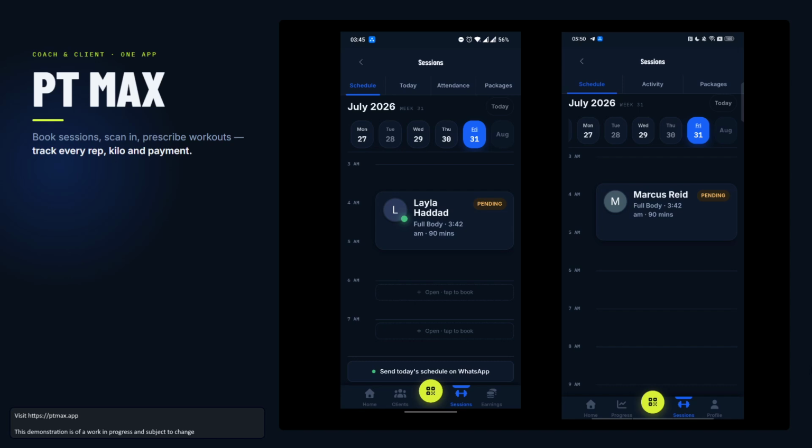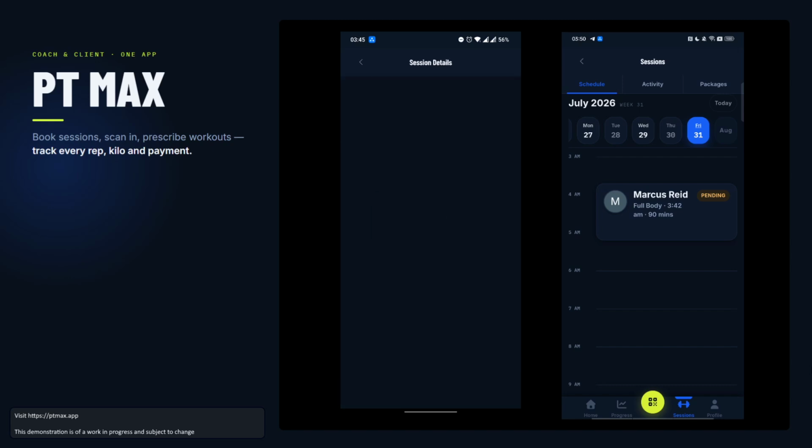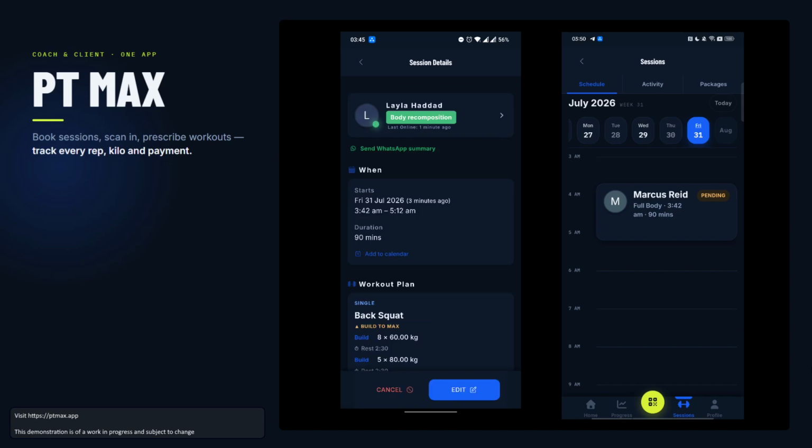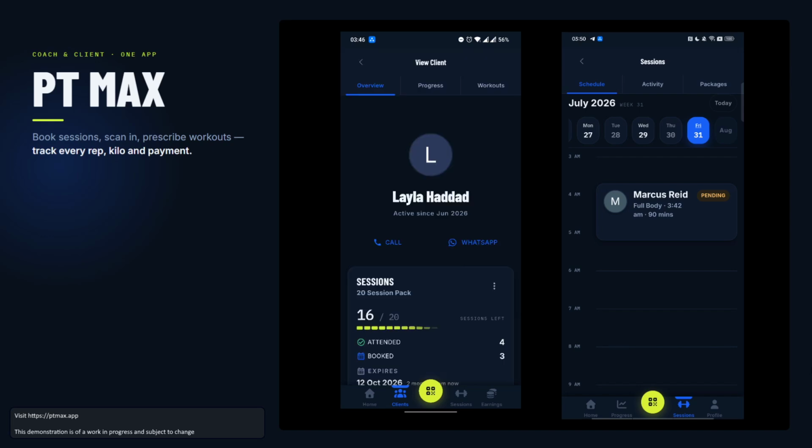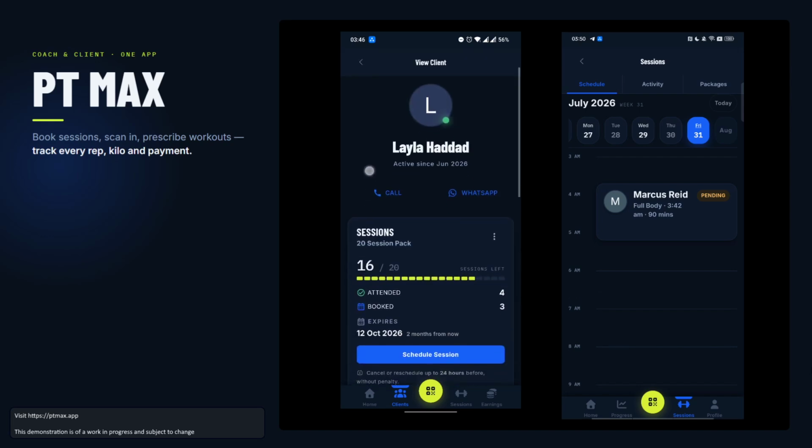One of the things to mention at this point is that there is limit enforcement. So if Layla has only got 16 sessions left, she can't... You wouldn't be able to give her more without some friction. So it would say to you, look, she's used these all up. Are you sure you want to schedule another session when she doesn't have any left? Same thing from her side, if she were to try and request a schedule with you through her packages,